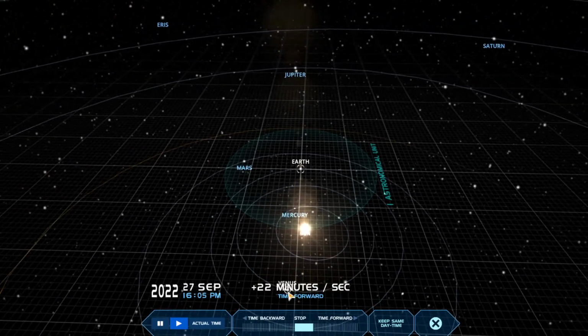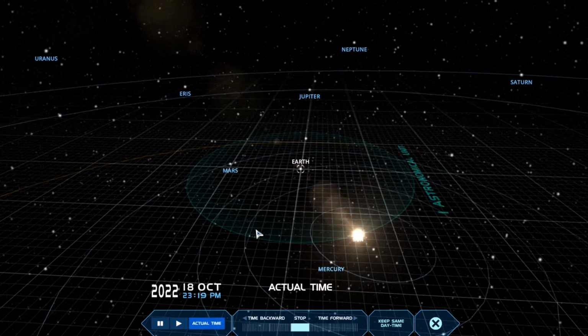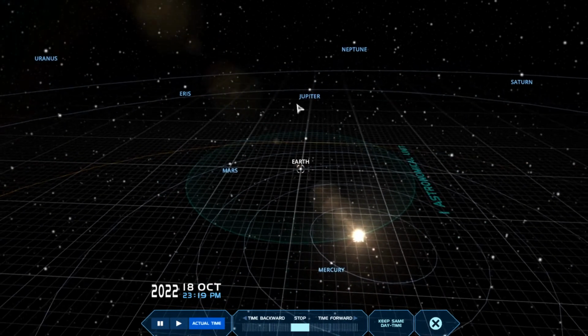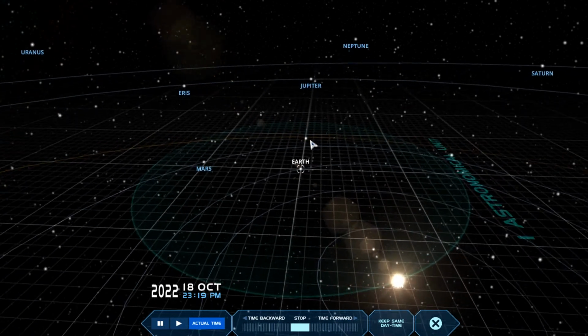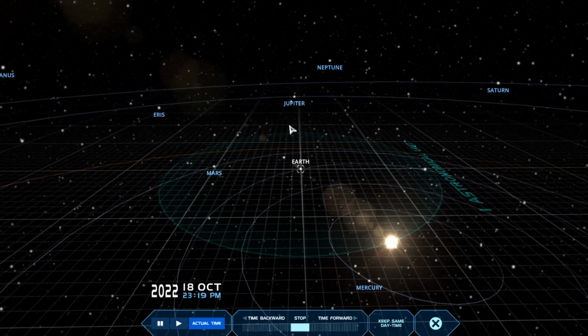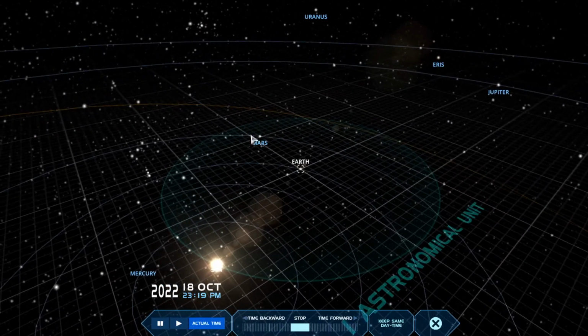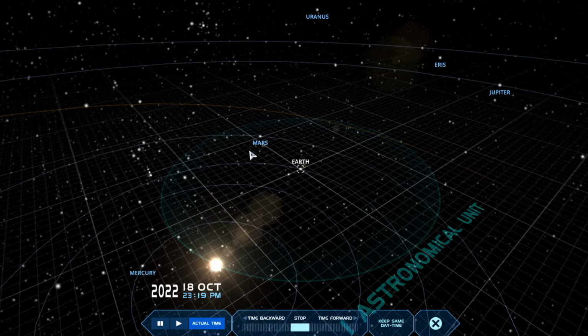So that's awesome, but people often think that when the opposition is past, it is not a good time to watch Jupiter anymore, but that's of course not true, because if you look at the actual time now, October 18, you see that we are still pretty close to Jupiter. So that's what I want to stress here. So it's great to image Jupiter. Now Mars is also around the corner. It will be great to image Mars in, I think,